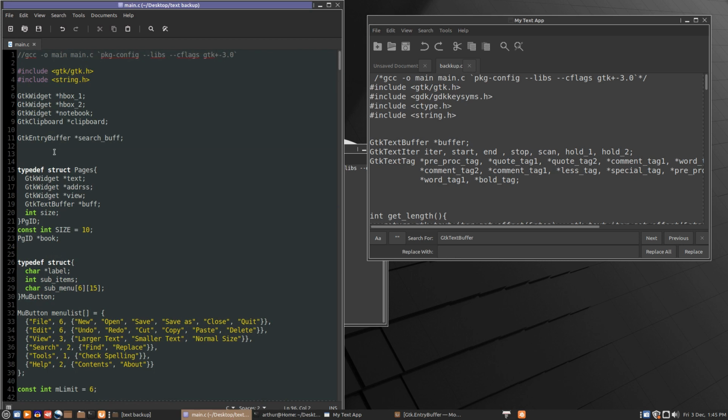So we'll declare a GTK text tag that's global. GTK text tag, and we'll call it SearchTag. And let's just look at that. Okay, these are all done as pointers, so we'll make that a pointer. So when it comes to making a search tag,